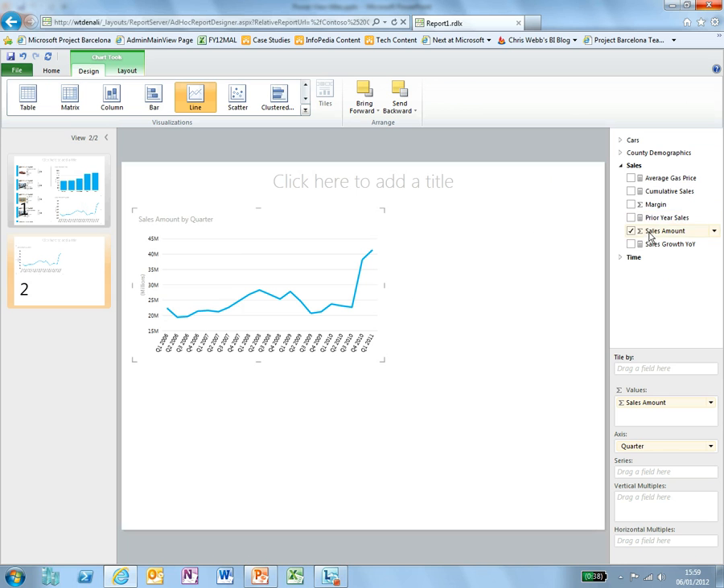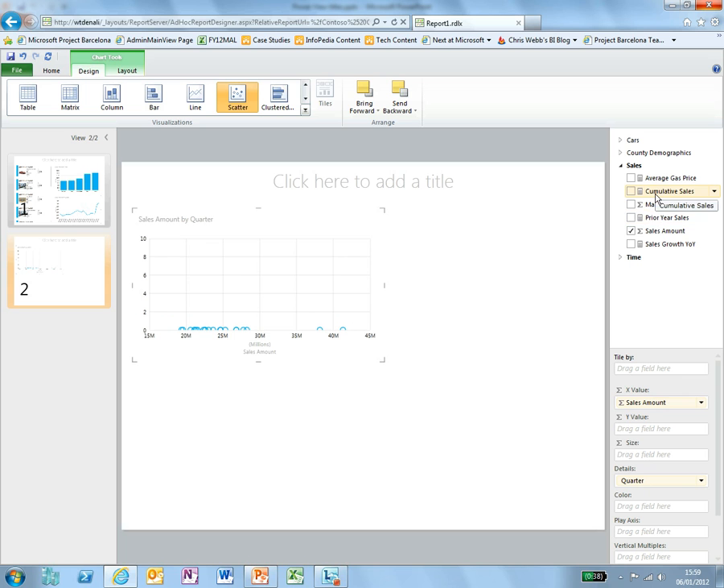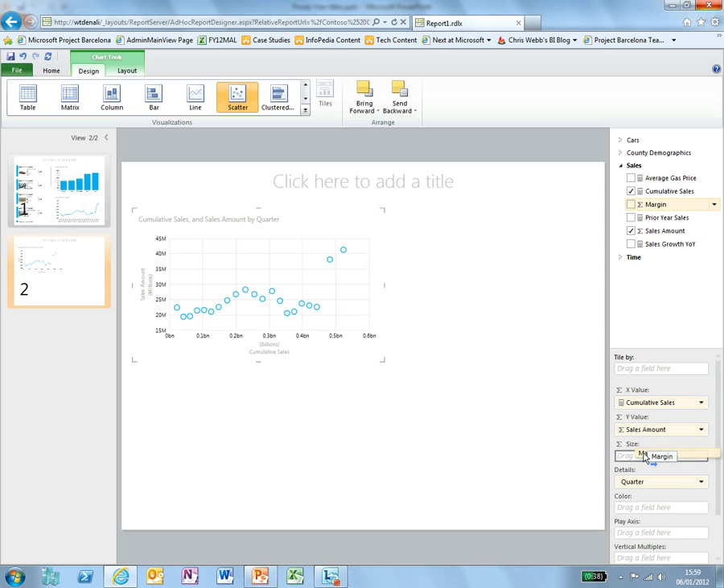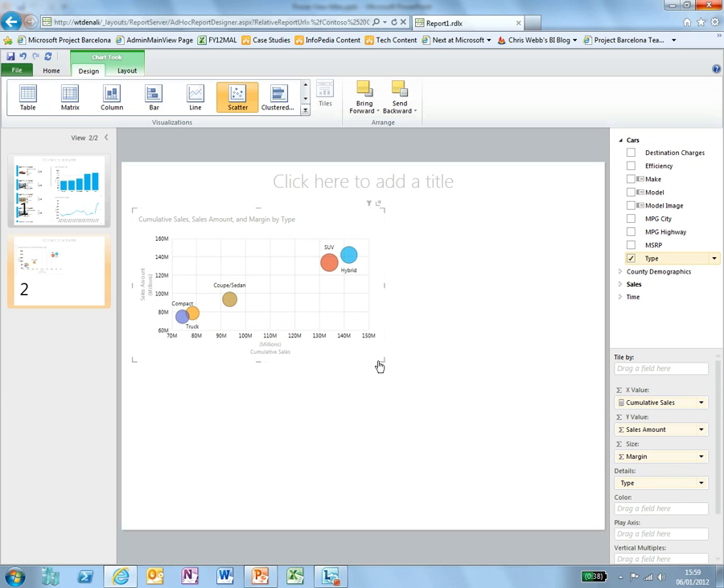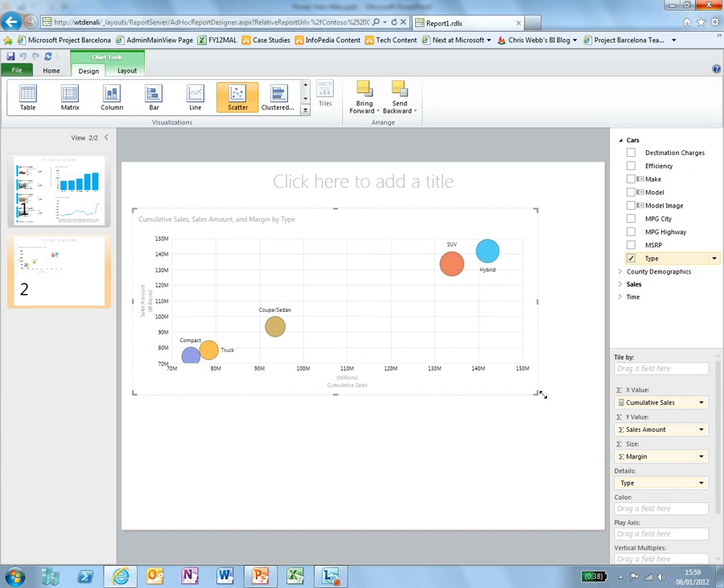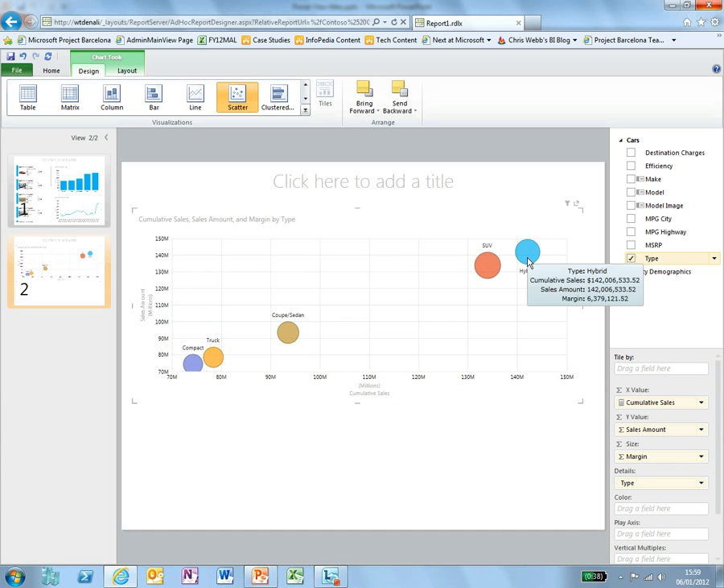So let's add our cumulative sales on. Actually, first thing I want to do is change this into a scatter graph so I can add some more metrics. So let's take our cumulative sales, look at that. I'm also going to use the margin to be represented as the size of the blob. So the larger the blob, the higher the margin. And let's look at that across those different types of car again. So I can see, here we were, hybrids have been selling the most,